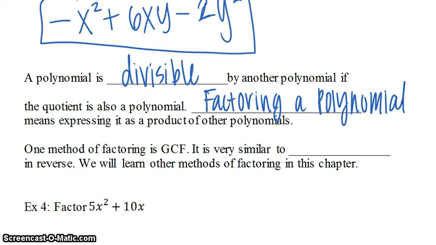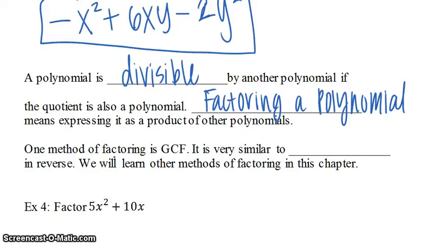So you're gonna have, let's think of it this way. You're gonna have, let's say that's a factor. Have that in parentheses times another factor. You could have multiple ones, but that's gonna equal your quotient. If that doesn't make sense, you're going to see it later in just a second. So because it says a polynomial is divisible by another, that's if the quotient is also a polynomial. And then factoring a polynomial means you're going to be basically finding the two products, or it could be 3 or 4 and so on,